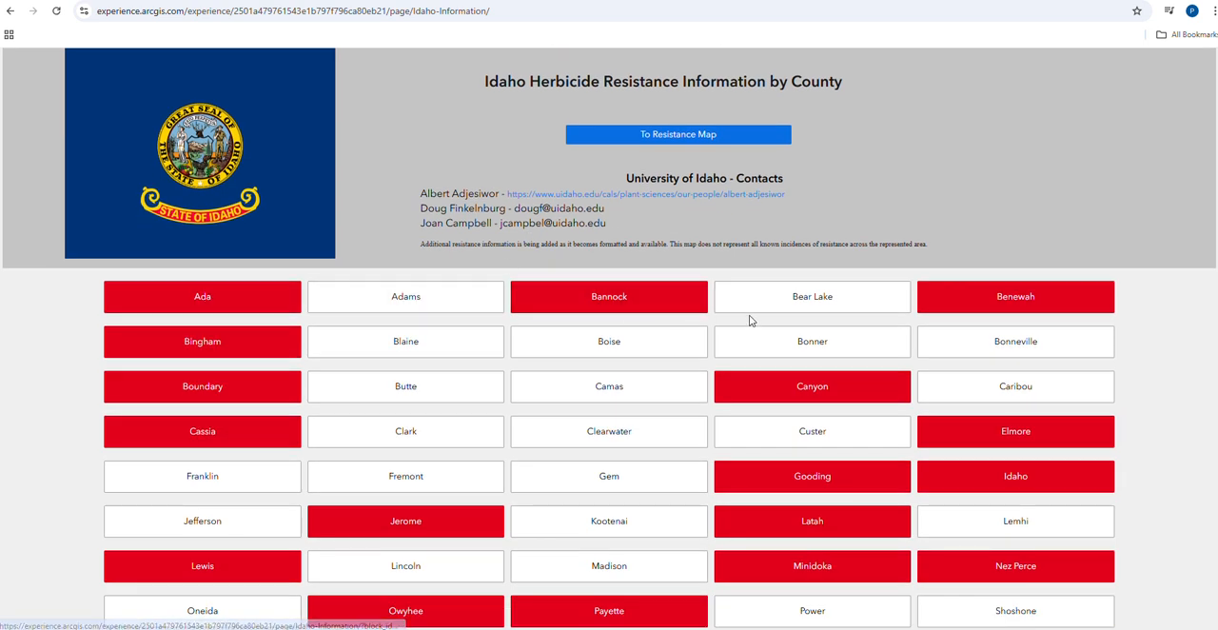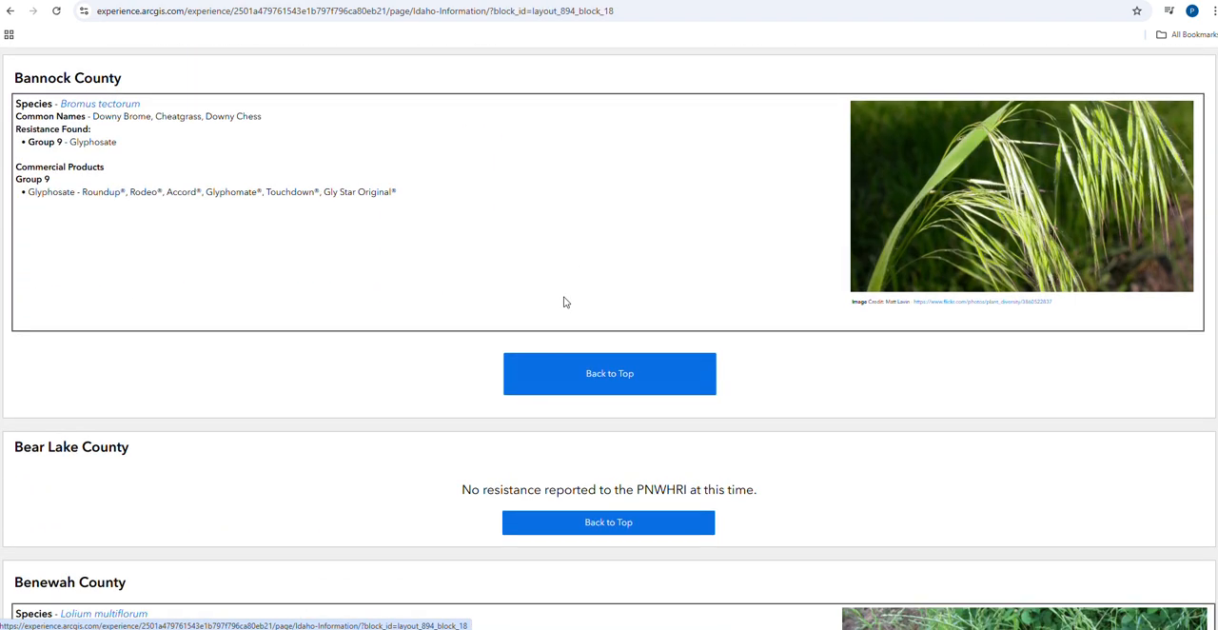All of the counties are listed, but the counties that are in red are going to be counties that have documented herbicide resistance. And so if we click on this county, for example, Bannock County, we will see that we have a species, Bromus tectorum. The common name is downy brome, cheatgrass, or downy chess. The resistance is group 9, which is glyphosate. And some of the commercial products available that utilize the active ingredient of glyphosate are Roundup, Rodeo, Accord, Glyphosate, Touchdown,